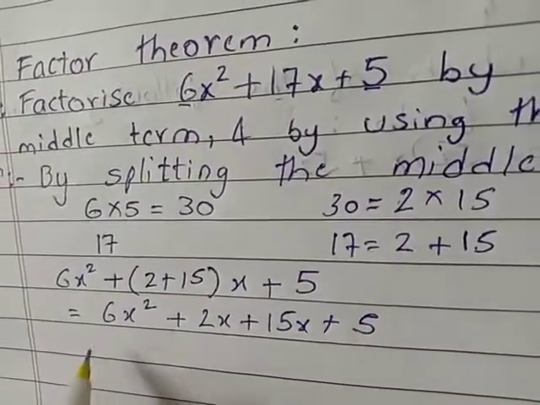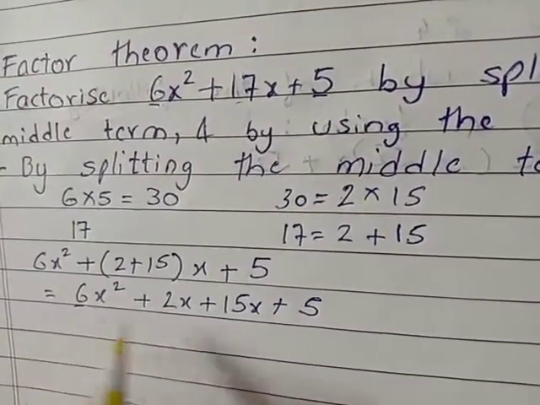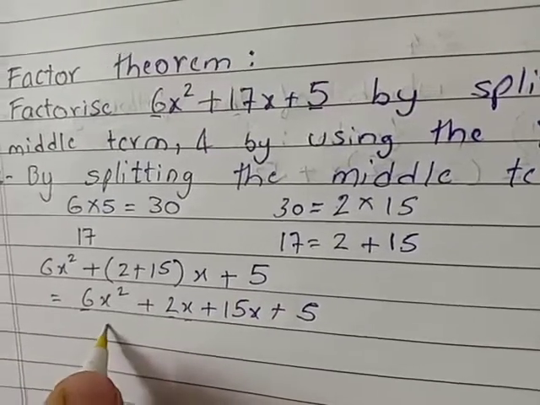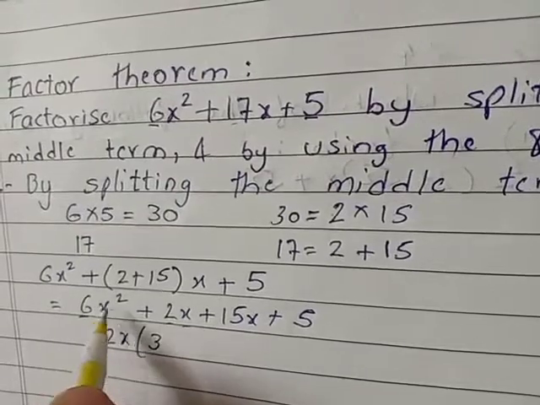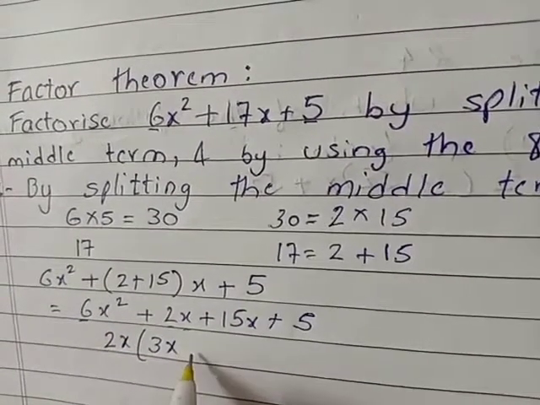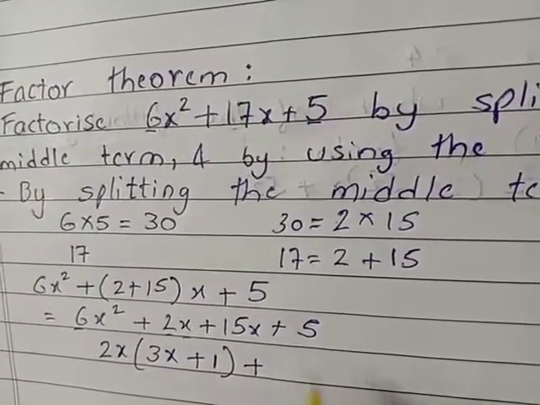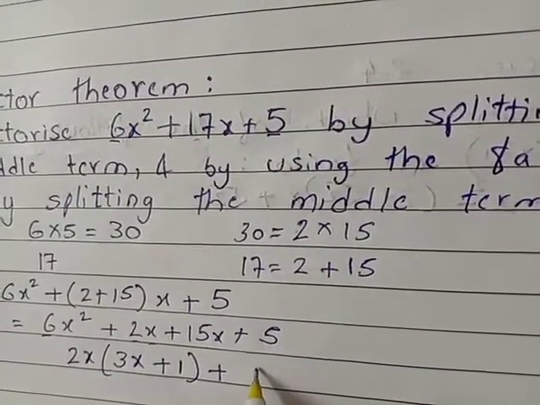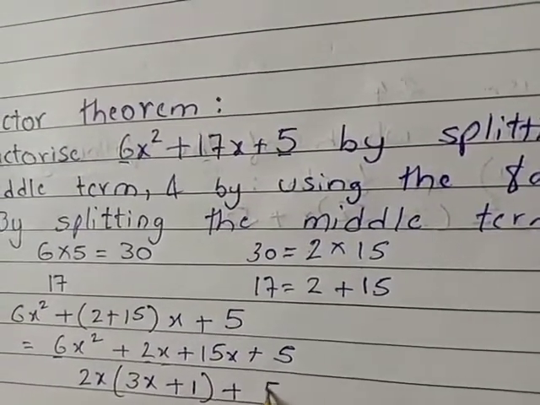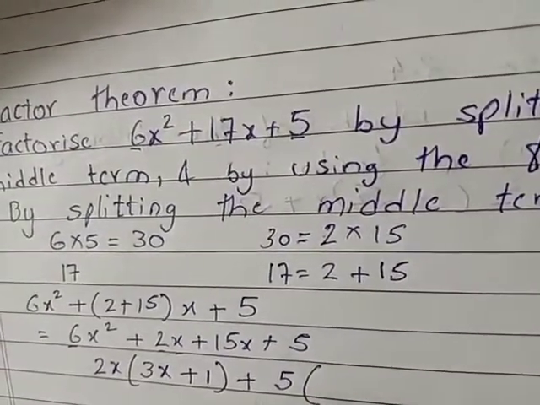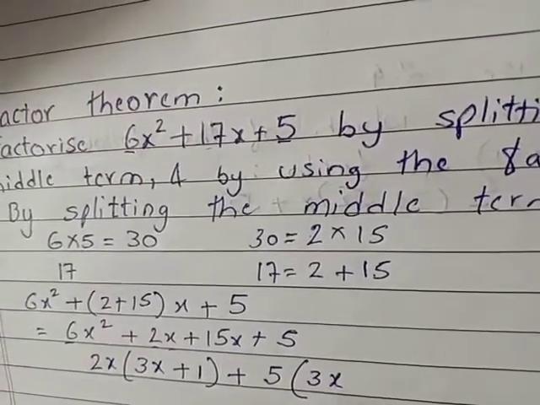Okay. Now remove the common factor. Which is common in this? 2 3s are 6. So 2 is common and x is common. So what will come outside? 2x. 3 2s are 6 and here is x square. So x into x is x square, plus 1. 2x into 1 is 2x. Here the sign is plus, so write it plus. Okay. Now what is the common over here? 5. Okay. Remove 5 outside, and 5 3s are 15, and 5 into x is